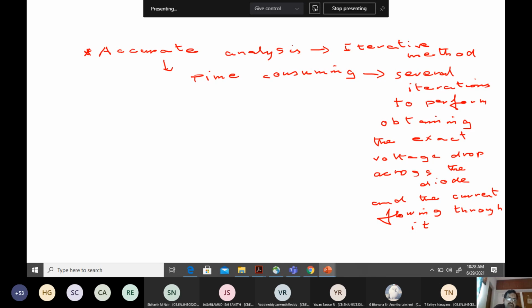So if you look at complex circuits, let us say I want to know whether that particular diode is on or off. Then I don't have to do the entire accurate analysis. All I need to know is whether the diode is in forward bias, allowing the current to flow through, or it is in open mode. If I need to know only that, then I don't have to go for this cumbersome analysis, especially difficult for complex circuits. So given that, we have another option, what is called the constant voltage drop model.